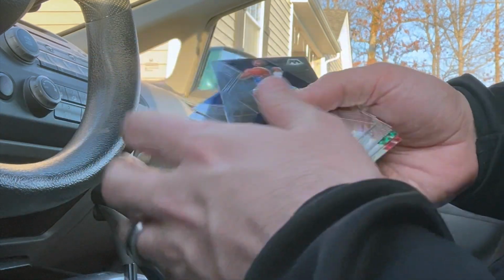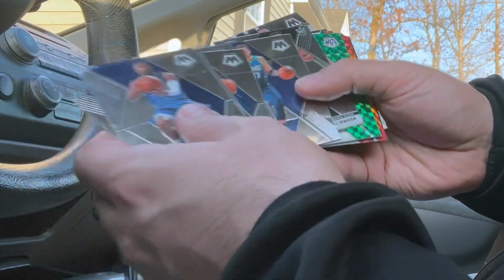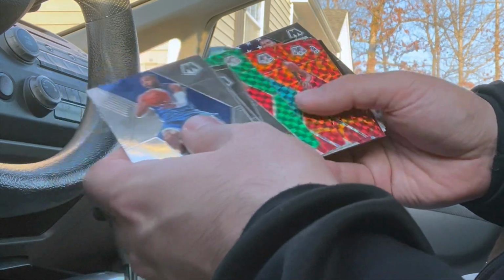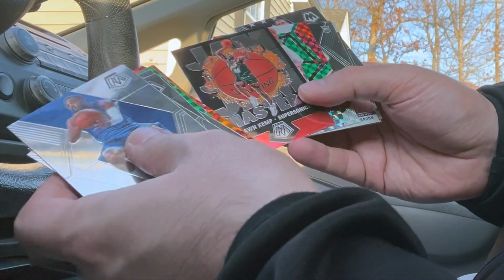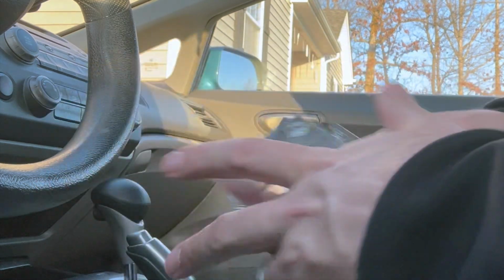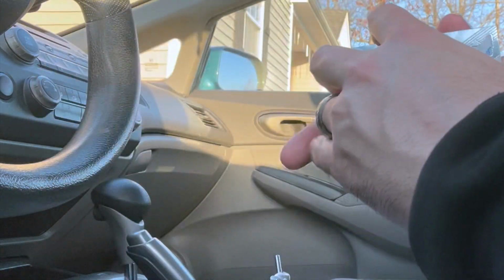So really, the Zion base saved that hanger from being irrelevant, I feel like. We did not get any rookies on the 4 oranges, but the cards themselves look great. We did get 2 greens, and I think you have to look at when you're breaking products, especially these days,